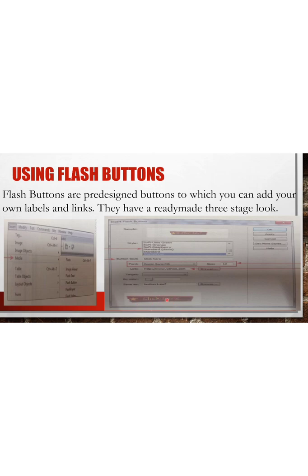You can enter the text, give a color for the text, and give a font size also. Then you have to enter the link. So when you click here, the web page or URL to which this flash button should open is entered here. This is just like the hyperlink. If you click here, it will open the URL that you have entered here. Then you have to click on the OK button. So that's all about flash buttons.